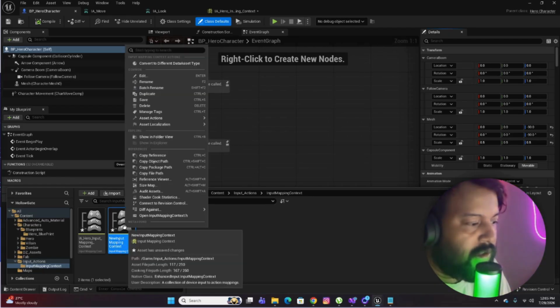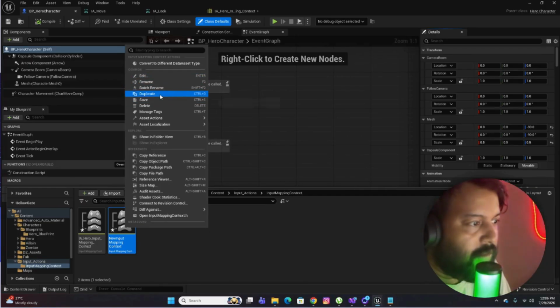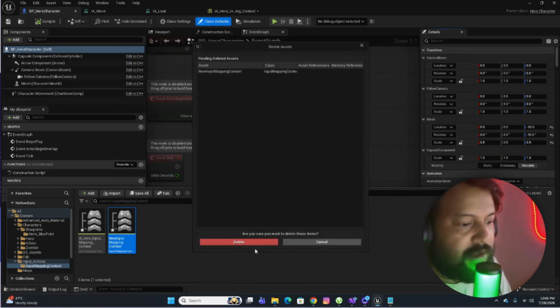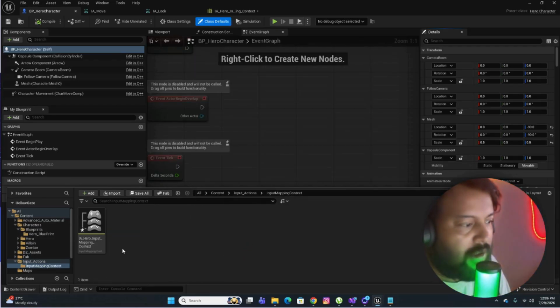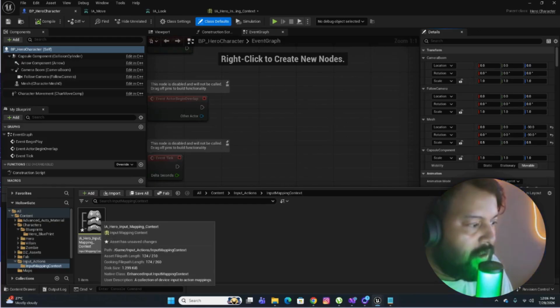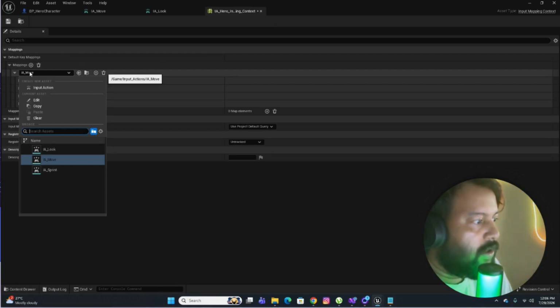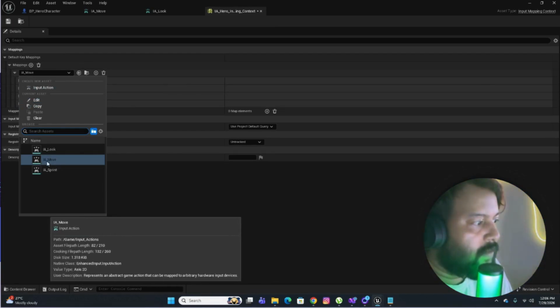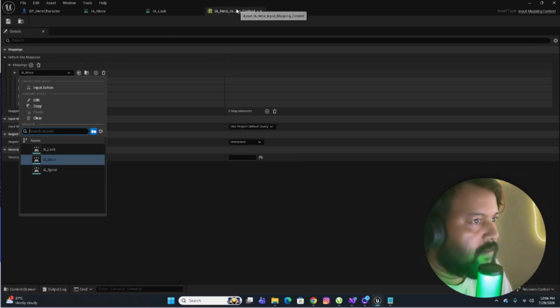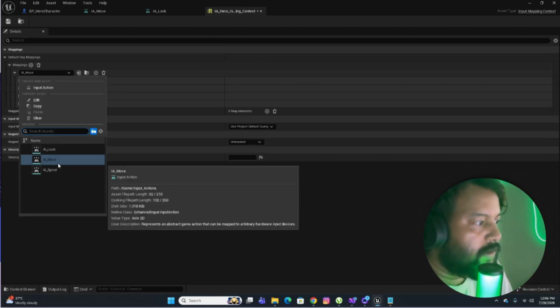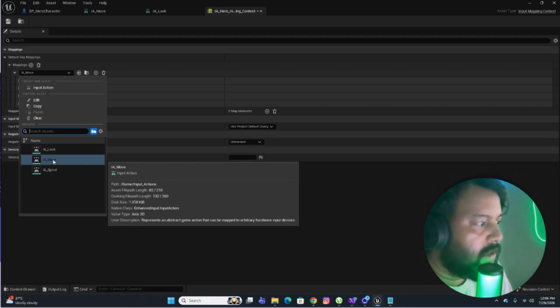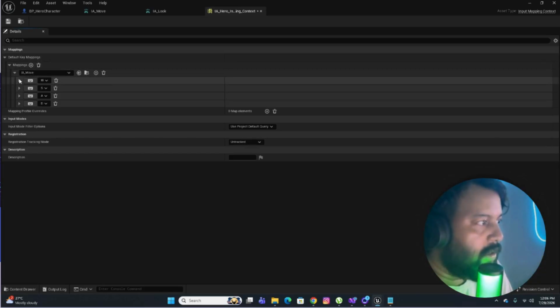I don't need any other input action, so I'm going to delete this. Under the input mapping context, you got to select your input action first, and we're mapping our inputs under the context. So I'm selecting our IA Move, and I've set up